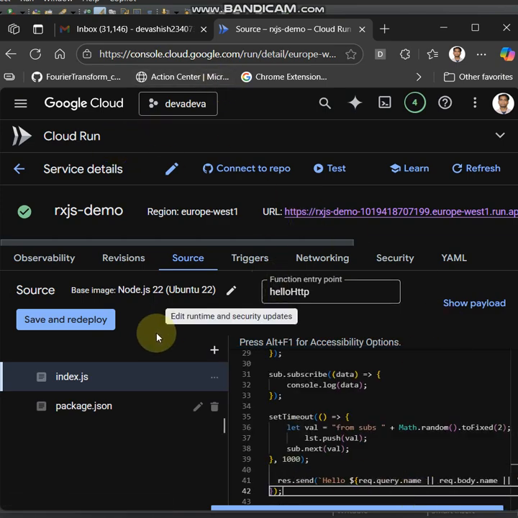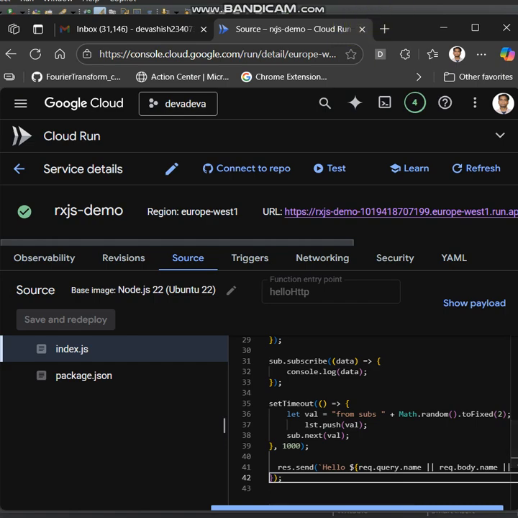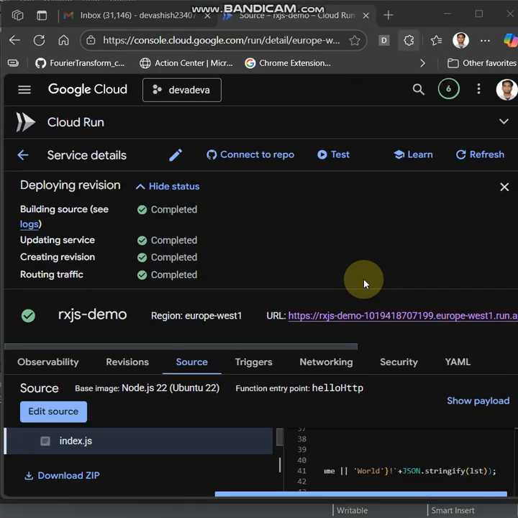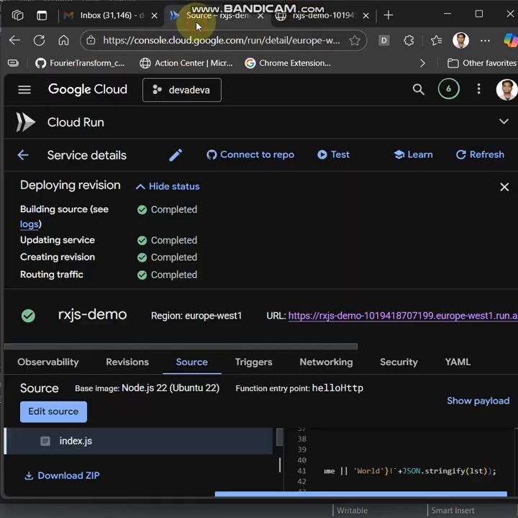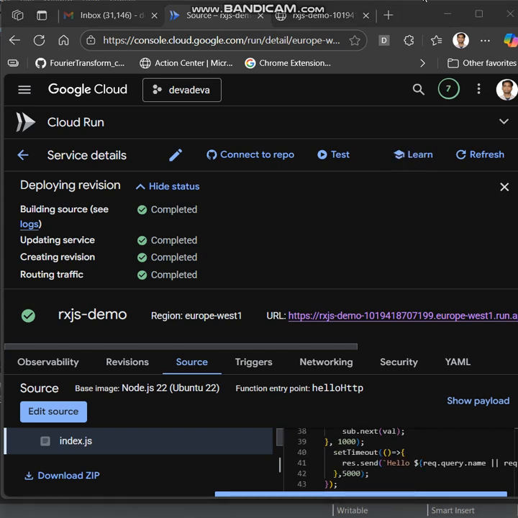I will deploy this. So after deployment we got this URL, but if I click it I will get an empty array because we are not waiting for this one. So I need to add a setTimeout before this res.send also. So I've added a setTimeout and given it 5 seconds. So if I run this now, you can see it takes some time and the response will come. So now it came. So we can see